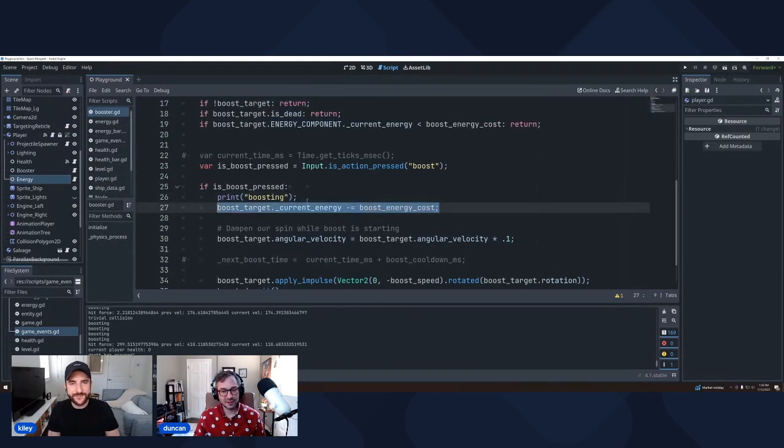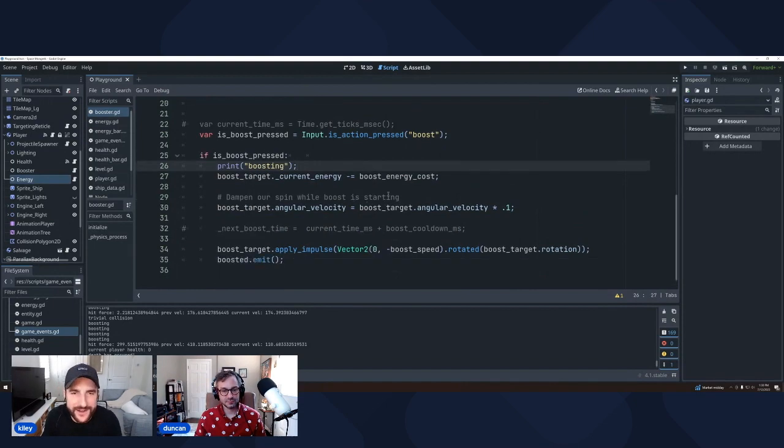Well, this might be interesting to talk through. I'll tell you from a non-Godot, non-GDScript user viewpoint. You set the current energy and subtracted the cost of the boost when you boosted, and you expected the bar to go down by 5, right?